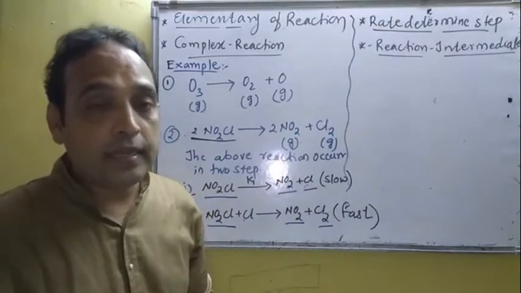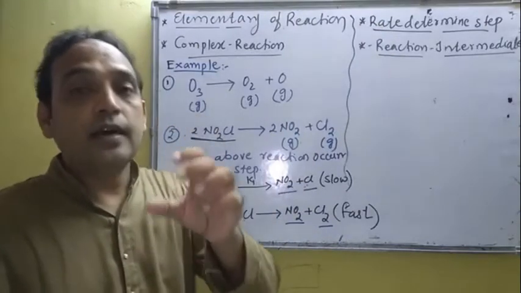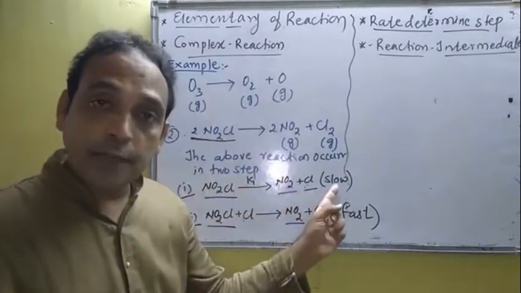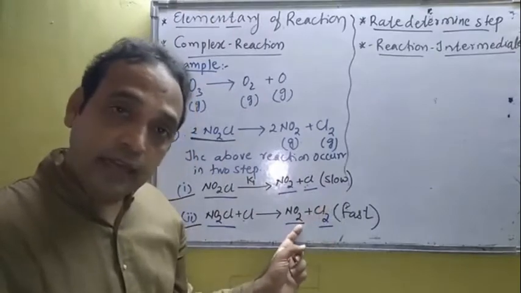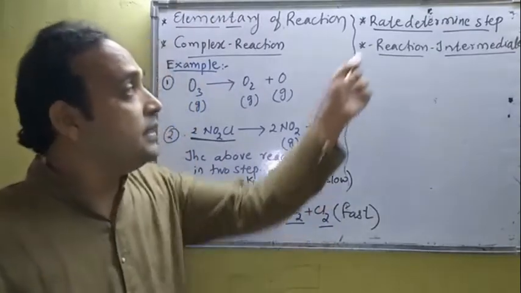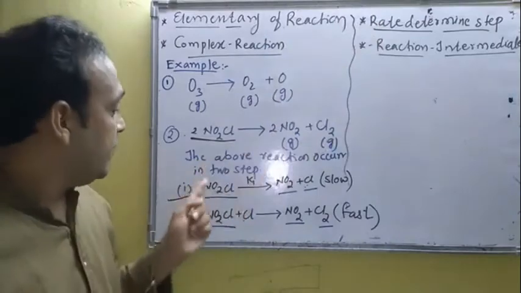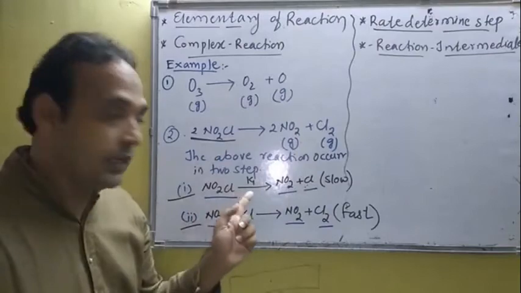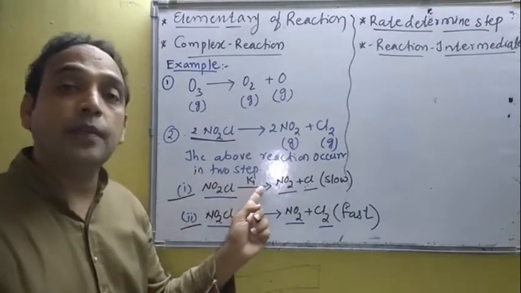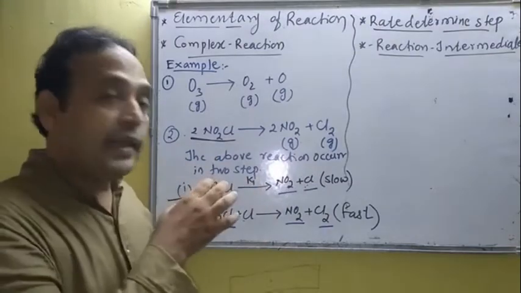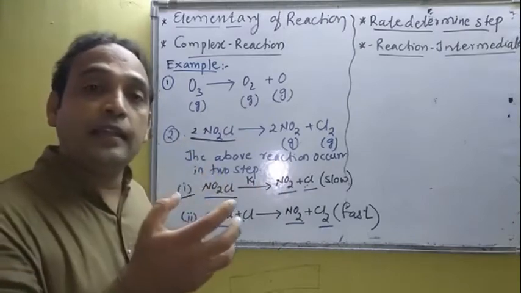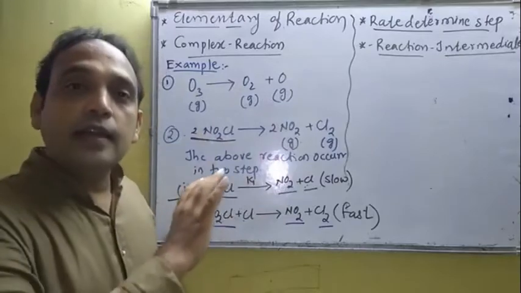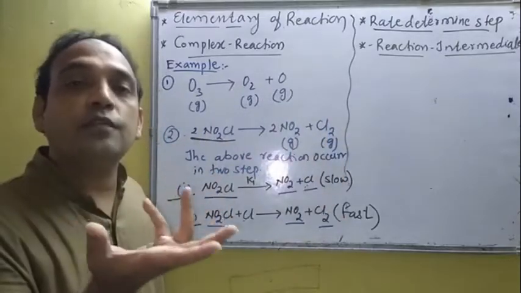So what is the rate determining step? In a complex reaction, a series of elementary reactions take place in which one step is slower than another, and the slow step is the rate determining step. In these two steps, our first step is slow and is the rate determining step. मतलब टोटल रिएक्शन को कंप्लीट होने में जो टाइम लगेगा दैट वी विल गेट इन फर्स्ट स्टेप. अपने को फर्स्ट स्टेप में मालूम हो जाएगा कि कितने टाइम में रिएक्शन कंप्लीट हो रहा है या व्हाट इज द रेट ऑफ द रिएक्शन.